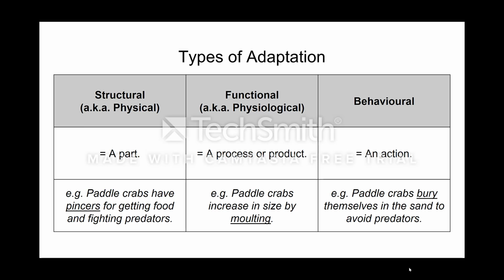In addition to that, you'd have behavioral adaptations, and those will refer to specific actions that an organism will have. So the example here is your paddle crab burying themselves to avoid predators. The example that you could apply to a New Zealand bush, and in particular to bird species in the New Zealand bush, would be associations around